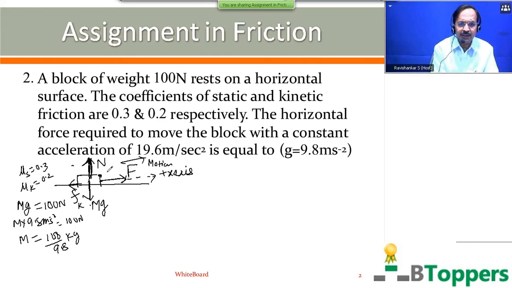The vertical upward direction I take as the positive direction of the y-axis. Let Fy denote the y component of the resultant force on the block. We can write N minus mg. But the block has no acceleration in the vertical direction, or y direction. So the y component of the resultant force on the block is 0. So the magnitude of the normal reaction on the block is equal to the weight mg of the block.